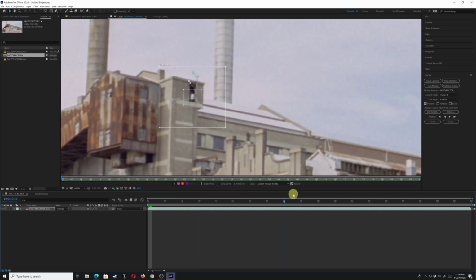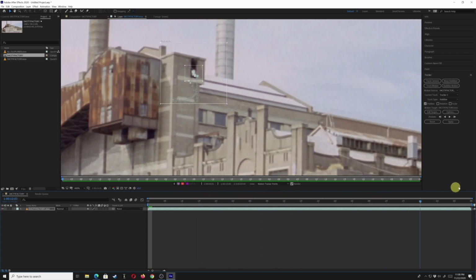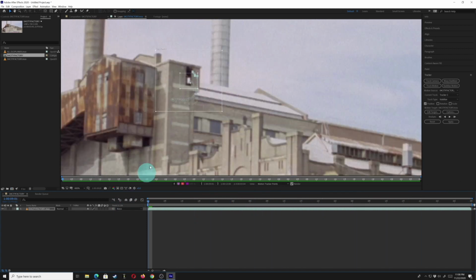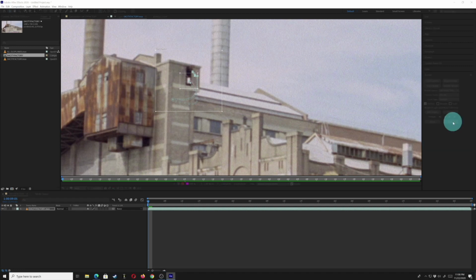And you can see here it's done a really good job. So if I like what I see, I still have one more step to do, and that is to hit apply. You might do the track and think you're done and don't hit apply, then you'll find, uh-oh, nothing happened. What's going on? I want to apply this now. So when I hit apply,